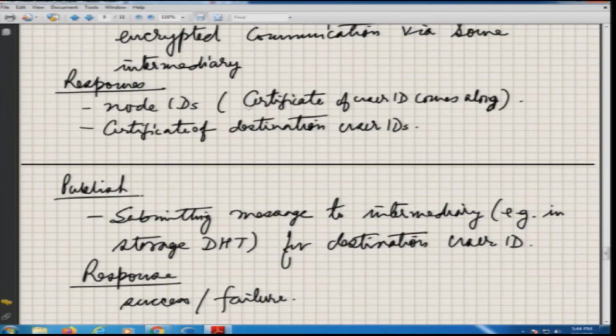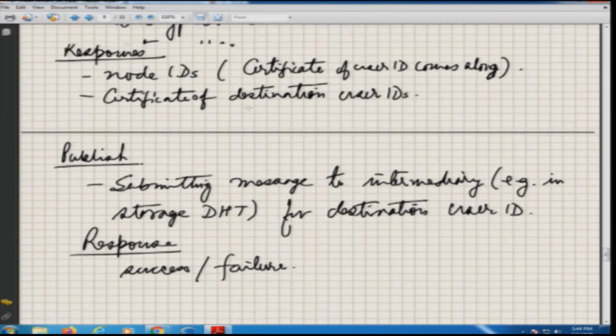So, I will actually save on the unnecessary replication of data in that case. So, trying to fragment and keep separate key value pairs. There should not be key value 1, value 2; there has to be key value, key value, key value kind of thing which should be used. A value can be a certificate, a value can be node IDs. So, that can be encoded in the messages. That is typically the response to the query.